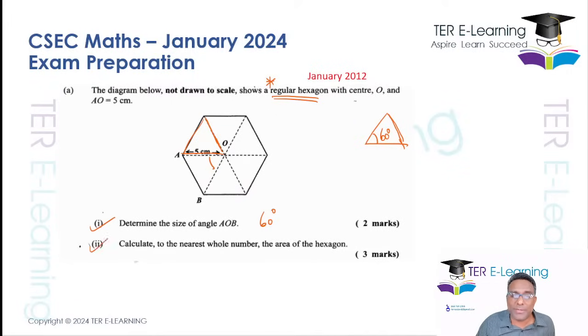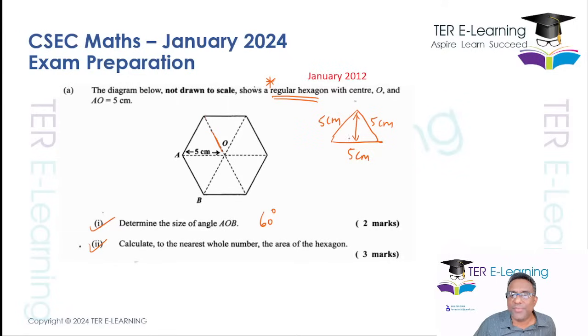Now the next part of the question here, a lot of students had difficulty working this out. Right? A lot of students couldn't work this out. So what I would do in a scenario like this, right? So I would try to find the area of one triangle. Now we know this is 5 cm, right? But I don't know what this length is here, right? I don't know that length, right? But I know that this length is also 5 cm, and I know that this here is also 5 cm,